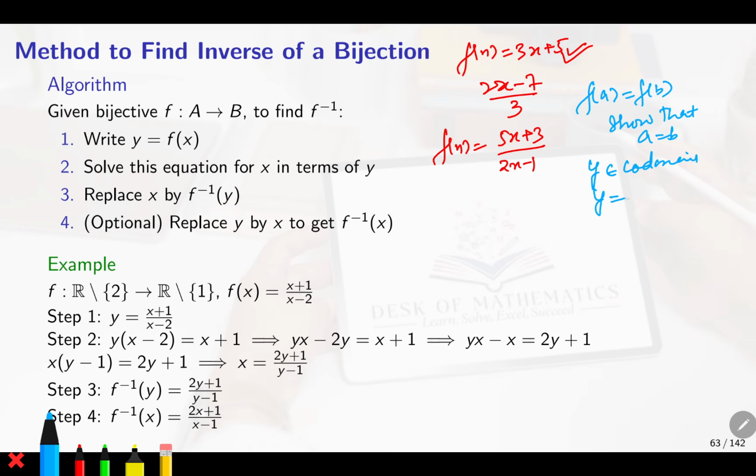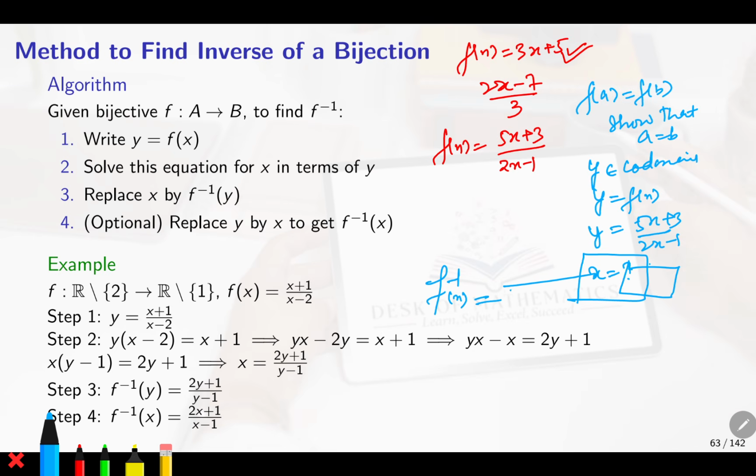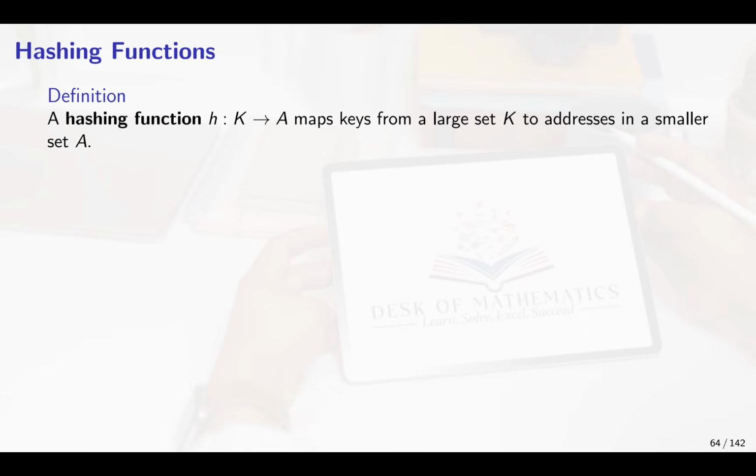say y is equal to your f of x. Put the f of x, for example, and find here the value of x. Then replace x with the f inverse of x. Okay, clear? Then the y on your RHS, replace that with x. That is the inverse of your function. Okay, now done with this one.